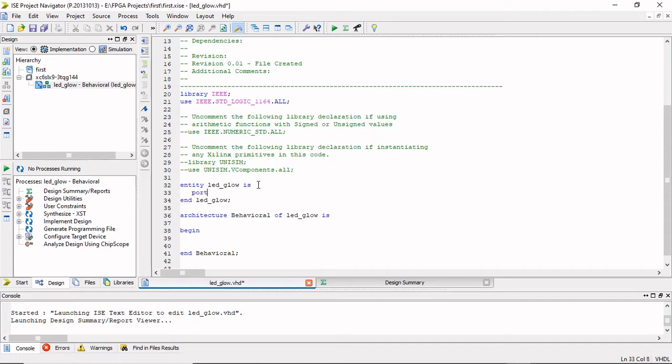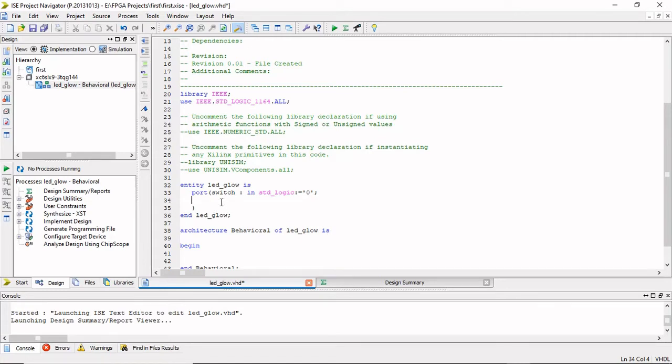Port, this is the syntax of it. First thing is, let's say switch. Switch will act as an input port, so make it input, standard logic. Let's initialize the value to 0. This is how you initialize in VHDL. This is a data type. In standard logic, logic means logic 0 or logic 1. That is why I have given it a 0.